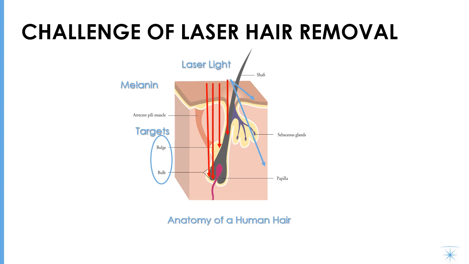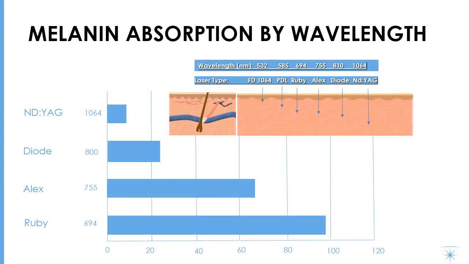So the challenge becomes, how can we make a laser pulse go through the skin without affecting the melanin in the epidermis and go to the hair follicle and affect the melanin in the hair follicle? This is a challenge, and we have different ways. When we look at the history of lasers used for hair reduction, ruby laser was one of the first lasers